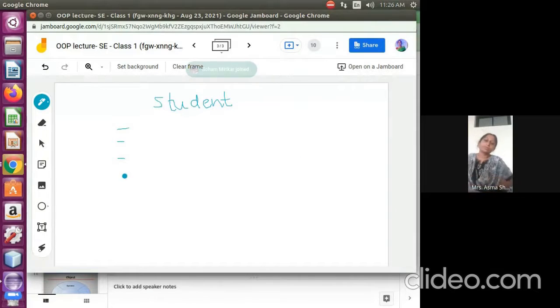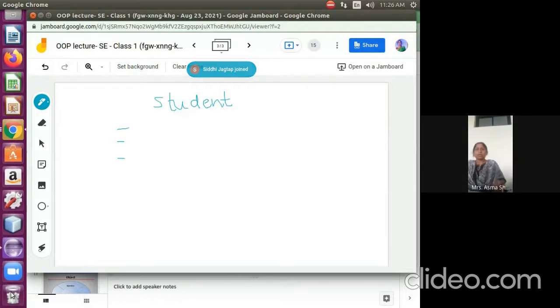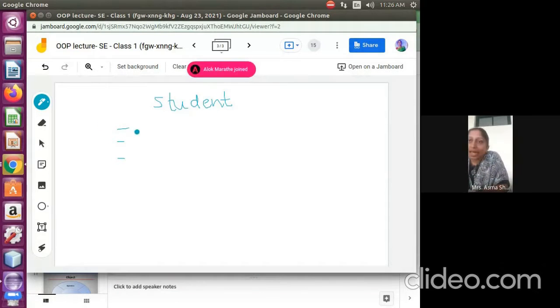Student's attribute immediately, which represents a particular student. Hope you are understanding. So this is my student class. I need to add the attributes. Tell me different attributes here. You can write.